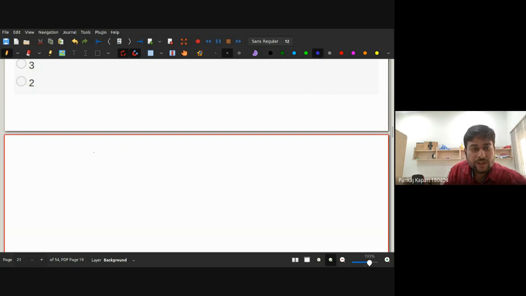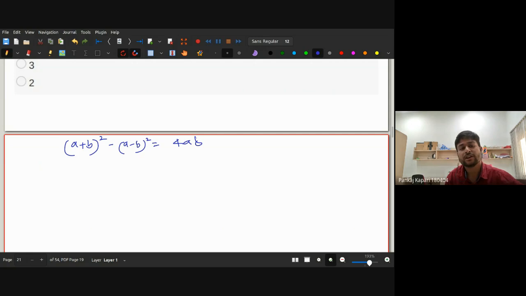Last time we used this identity that (a plus b) whole square minus (a minus b) whole square is the same as 4ab. So again we will use the same identity for the functions,